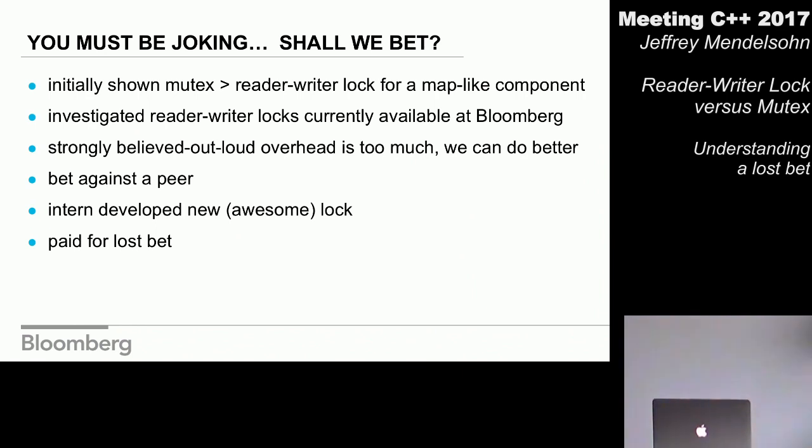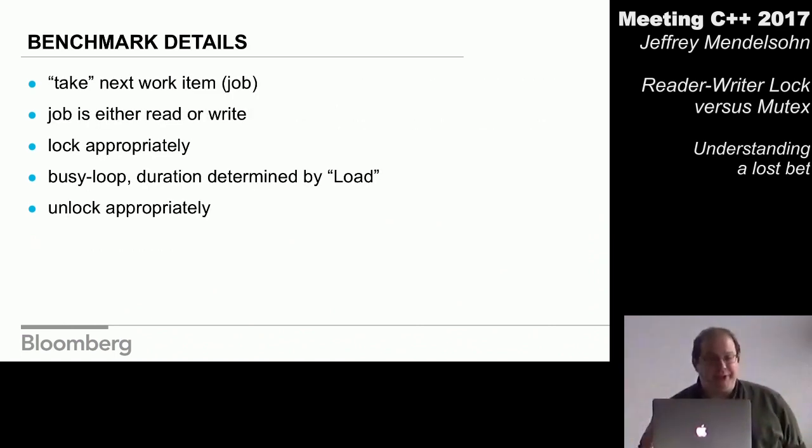Unfortunately, not so much. Even though this lock was much more efficient, even though it ran a lot faster than our original implementation, it still wasn't competing with the Mutex where I thought it should be. 2 months go by, I still hadn't figured it out, so I lost the bet. Took him to lunch. I tricked him, of course, got him to go to my favorite restaurant. That's how that ended. But while I lost the bet, I was still very emotionally attached to this problem. So I wanted to look at it further, and I started with the benchmark.